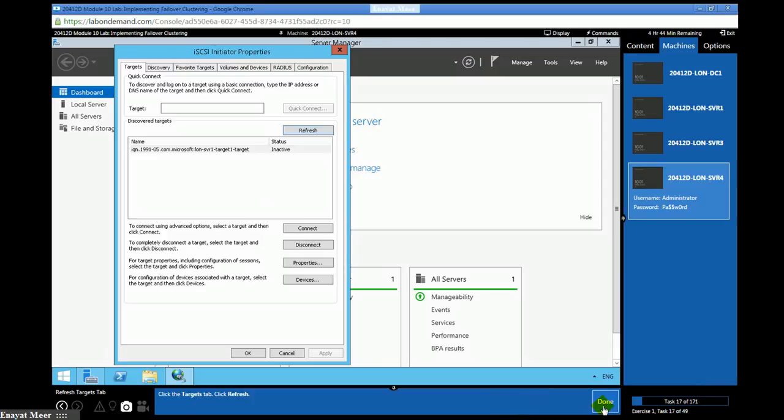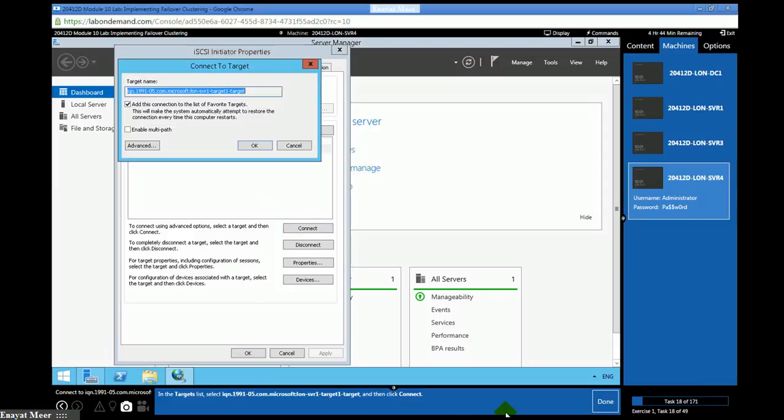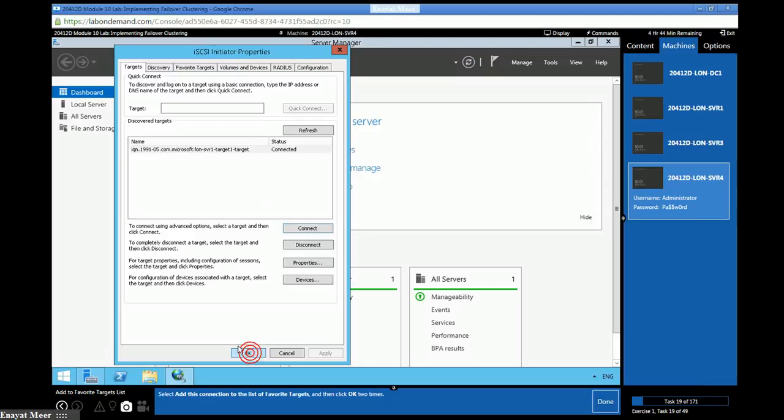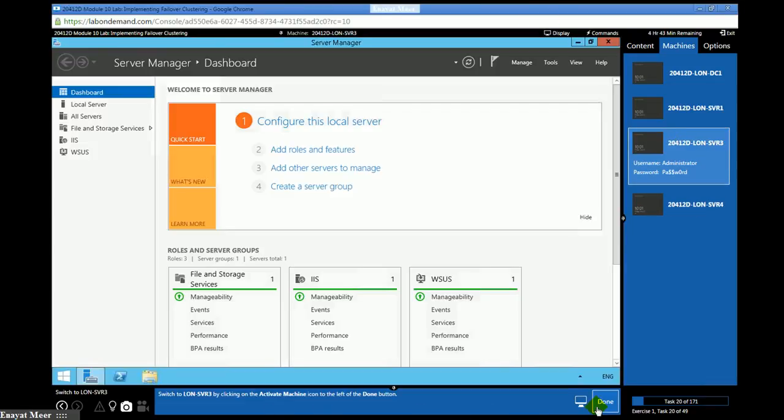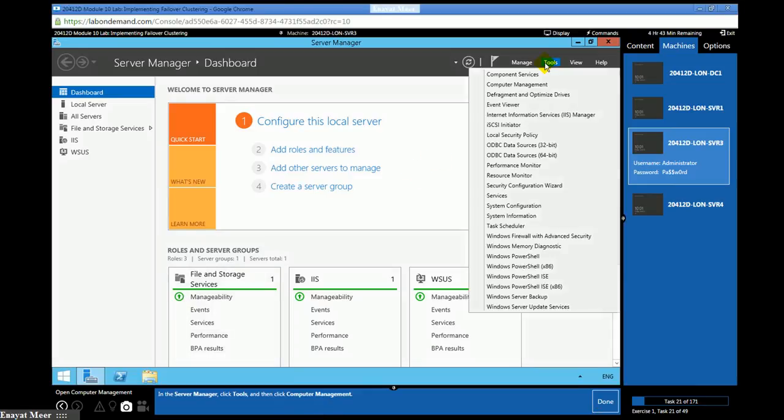You can connect it. Once you connect, you're going to see all those 3 drives available from the target server to my PC under computer management, and then I'm going to initialize those 3 drives on SVR3. Now I'm connecting. Once I'm connected, I will be able to format those drives, and I'm going to set up a failover cluster. That is the main point. Now I'm going to my computer management, because I just have this connection with my SVR1 target server.